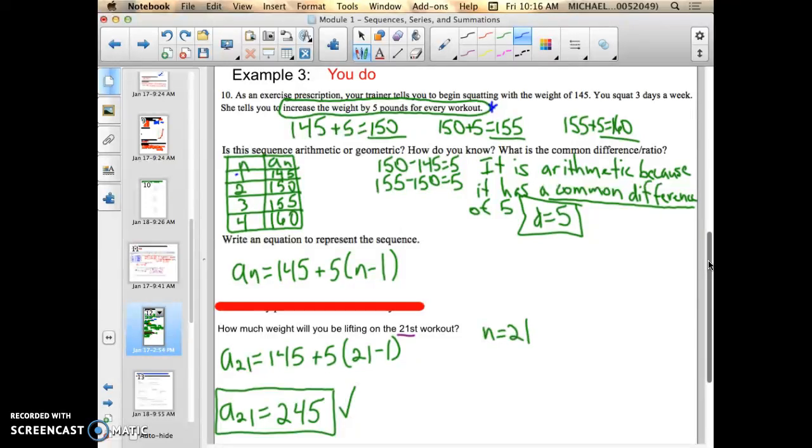You squat 3 days a week isn't necessarily important information to solve this, but she tells you to increase the weight by 5 pounds for every workout. So I just showed my thought process there. You start with 145. The next workout, you're going to increase 5 pounds, so 145 plus 5 is 150. So my second workout, I'm lifting 150. My third workout then, I'm lifting 155 because of this math. And then my fourth workout,